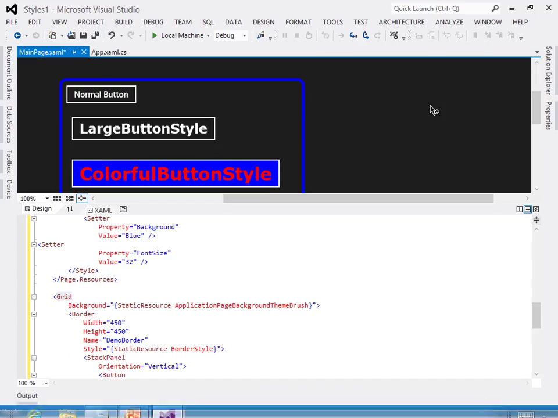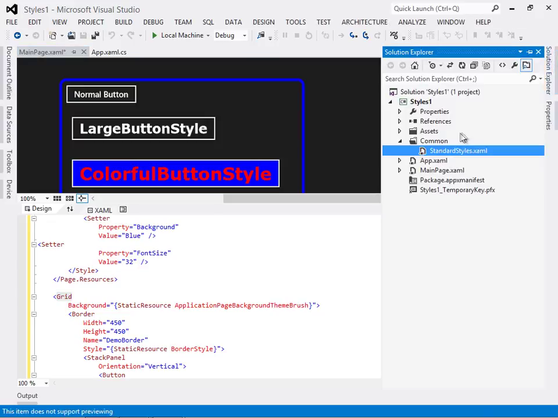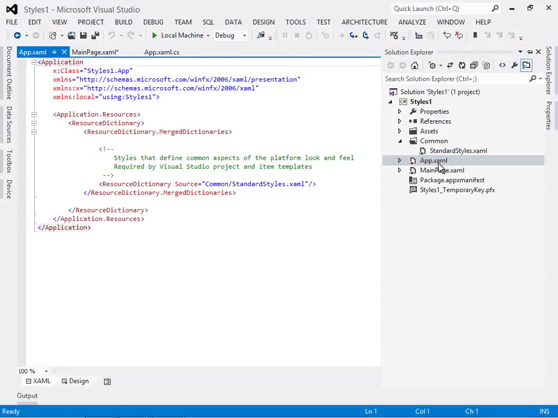Our sample application started life as a standard blank template project. And if I go to the Solution Explorer, I'll find in the Common folder standardstyles.xaml. I didn't put it there, it's part of the template. Of course, one might wonder how you get access to things in standardstyles.xaml. If we look at app.xaml, you'll find an